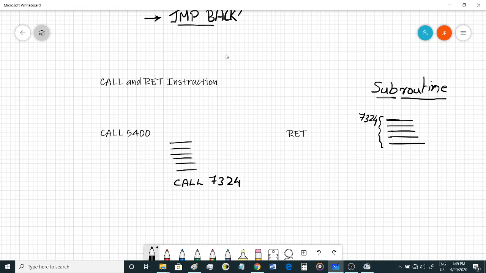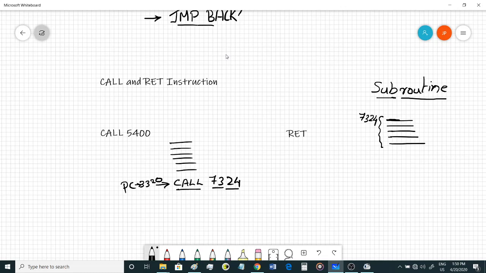What happens is that this call is a 3-byte instruction. Let's say your program counter was at 3320 at this point. The call instruction is a 3-byte instruction. 3320 is for the opcode for the call, and these two bytes are the address to which it has to go.